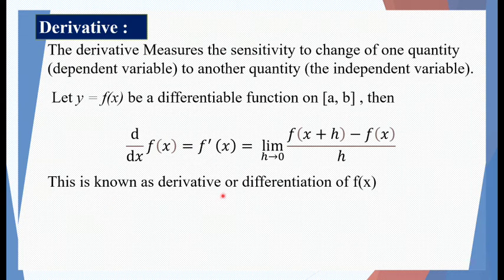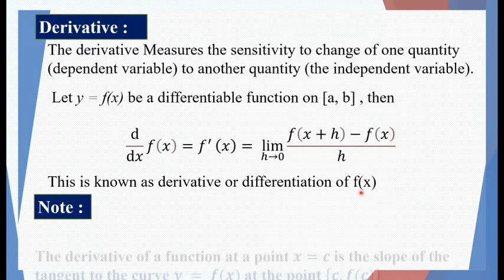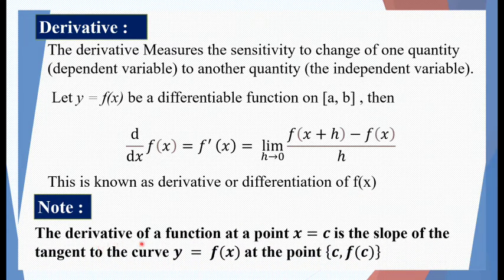This is known as the derivative or differentiation of f(x). Note: the derivative of a function at a point x equals c is the slope of the tangent to the curve y equals f(x) at the point